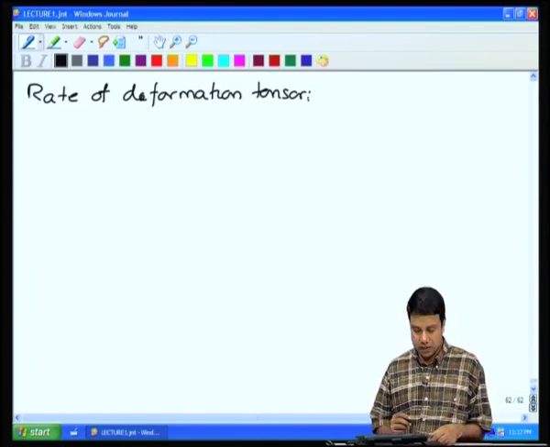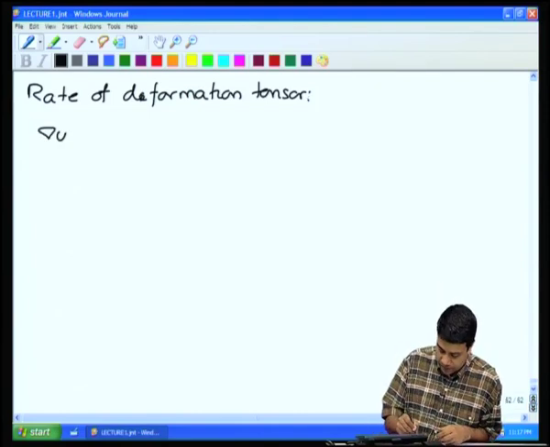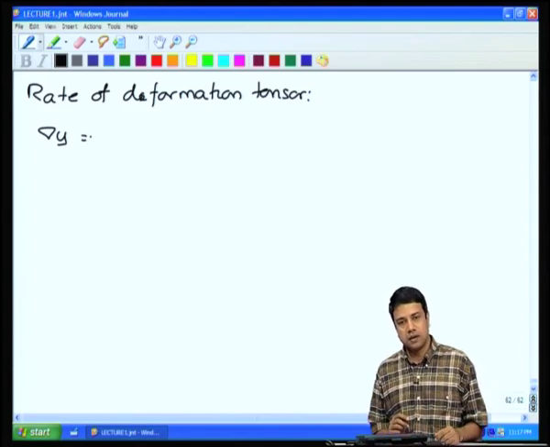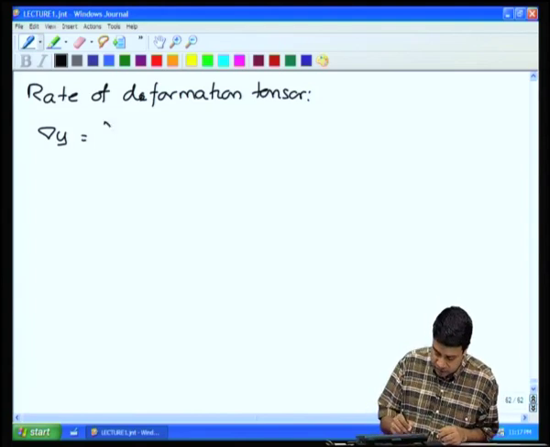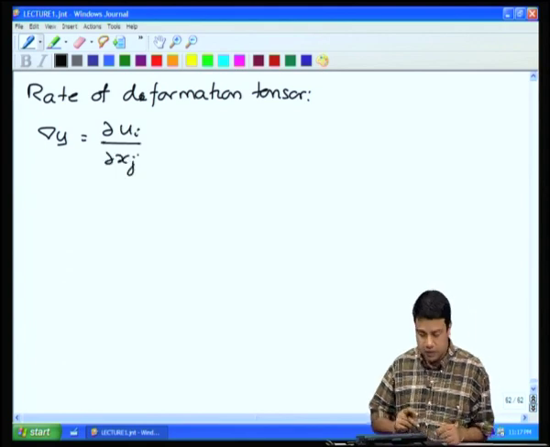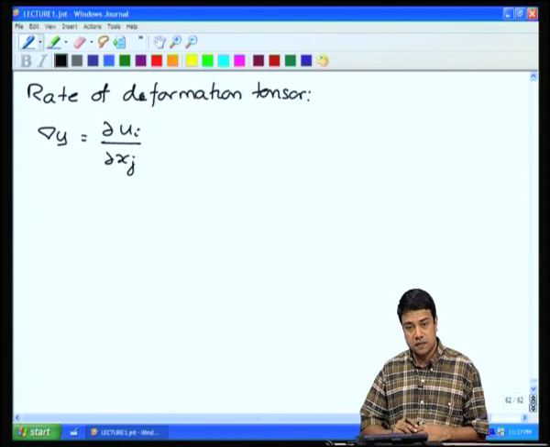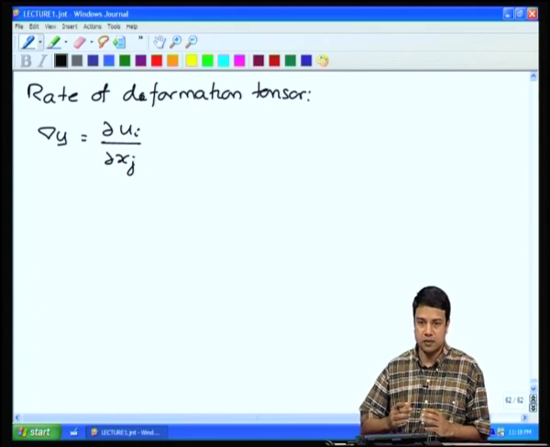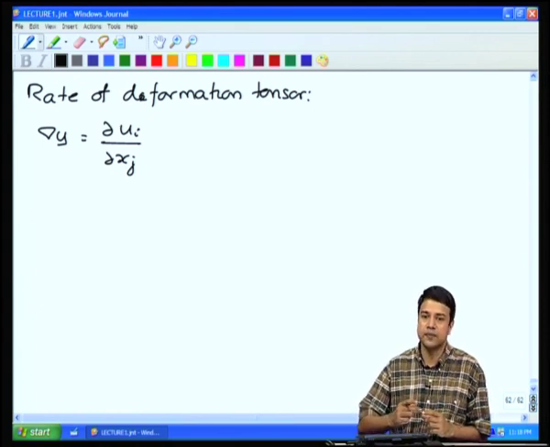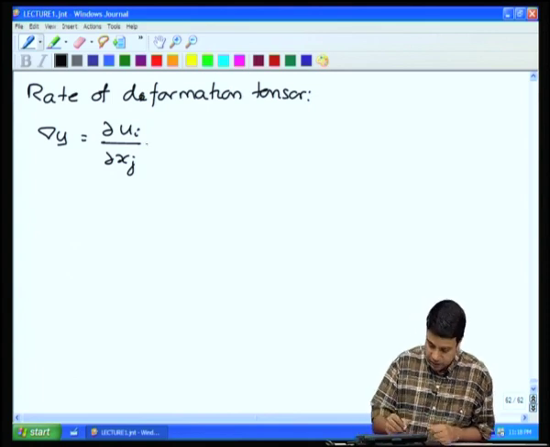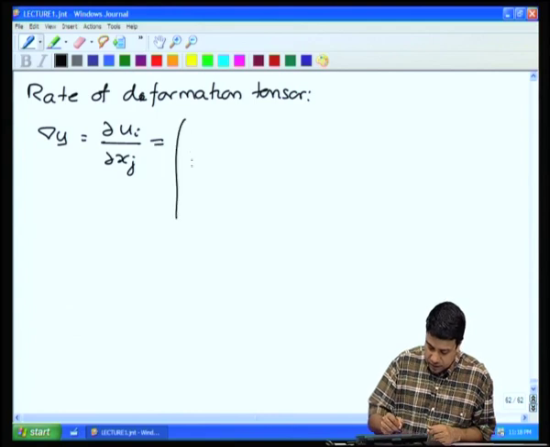The rate of deformation tensor is the gradient of the velocity. I had written it for you in the last class as partial u_i by partial x_j, where i is the direction of the velocity, j is the direction in which you are taking the derivative. The direction of derivative means that you go a small distance in that direction, find the change in velocity and divide it by the distance traveled. And as we saw, it has different components, partial u1 by partial x1,